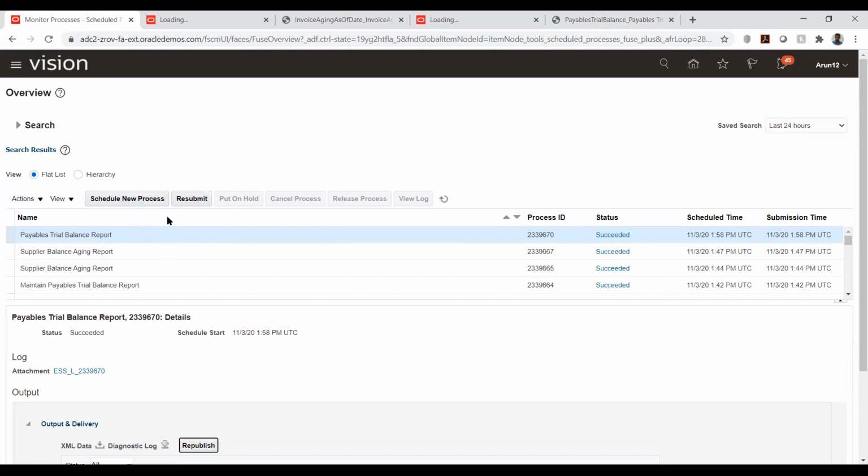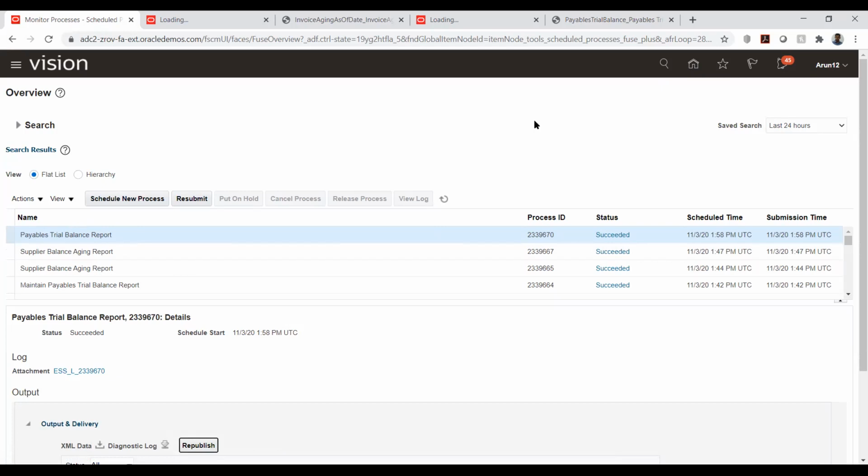But normally when you go there, let's say you selected your ledger, and once you select your ledger, what do you give in the second column? The request name. And what usually comes up in the request name? We will have the name, the payable trial balance. Okay, the name of the report. But that is not happening, so I ran it manually from here.